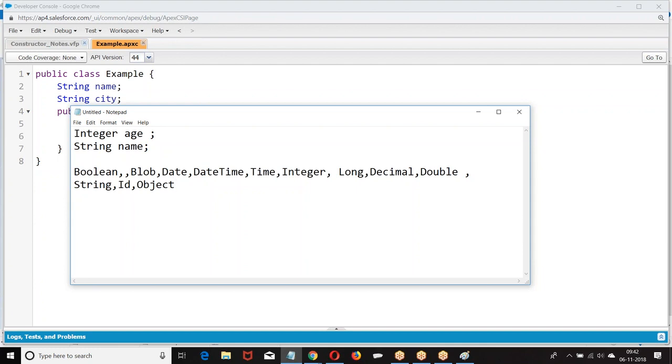If you create any variable using these, they are called primitive variables. Any variable created with a primitive data type is called a primitive variable. A primitive variable will store the data. Integer age equal to 10, name equal to Kumar. What are they storing? They are storing values.